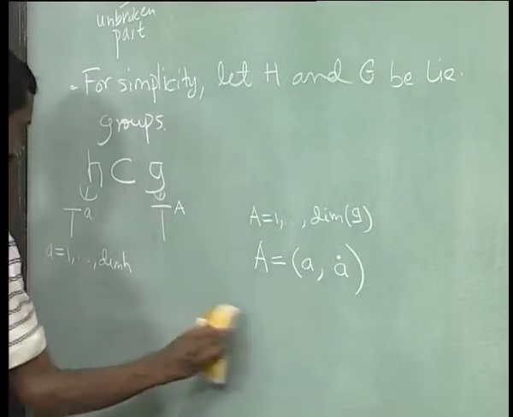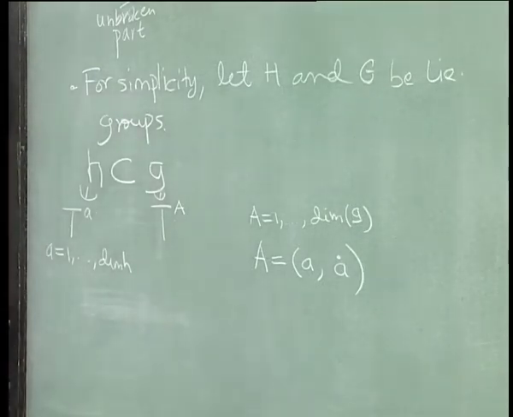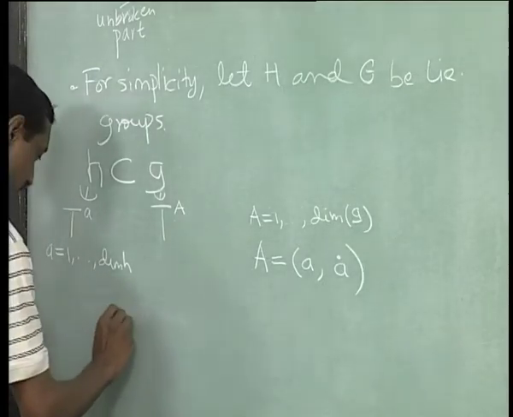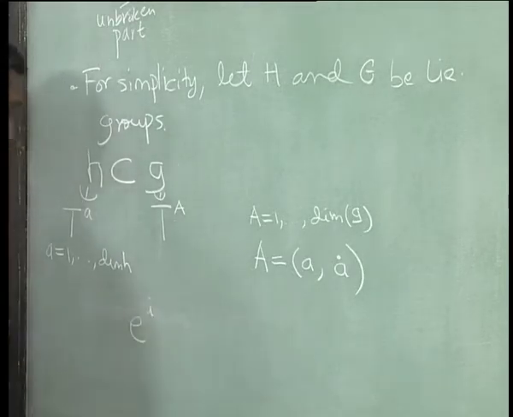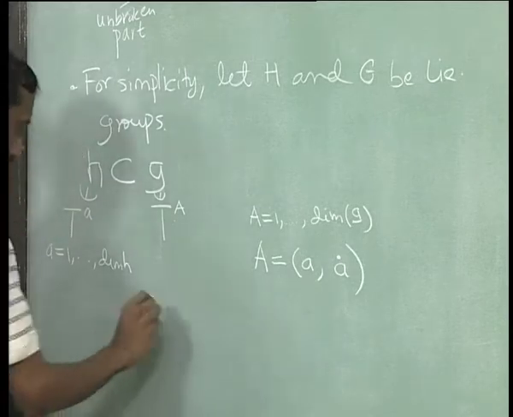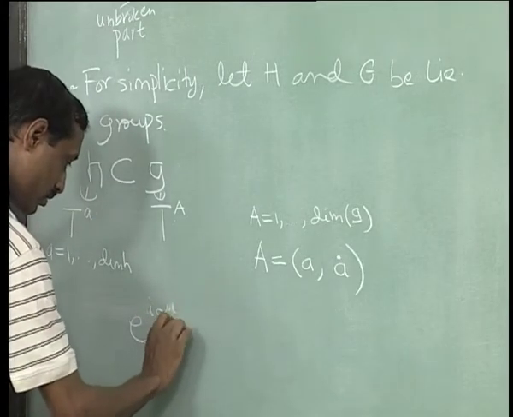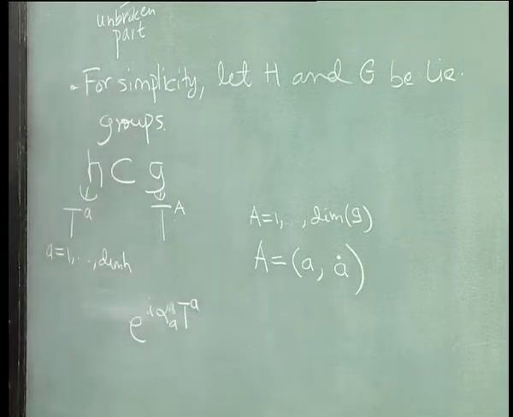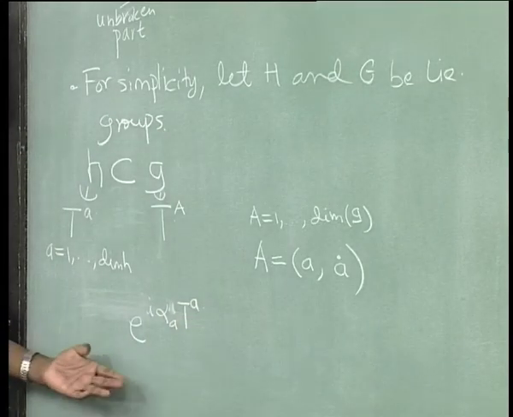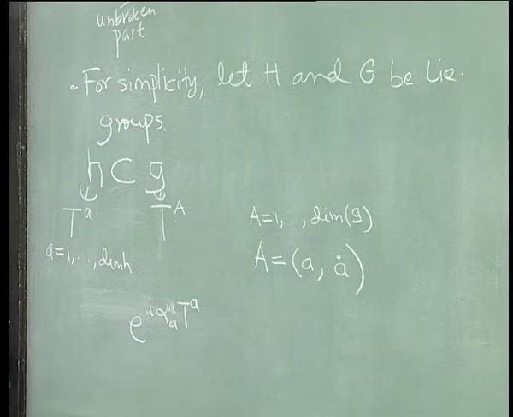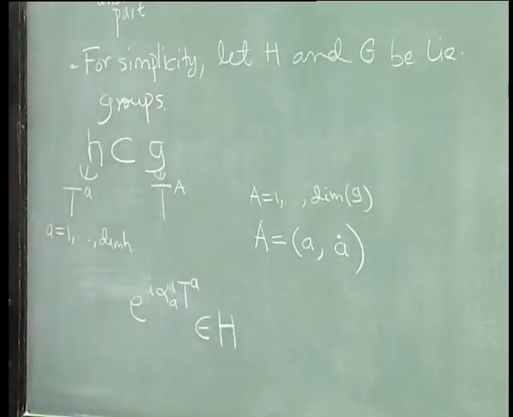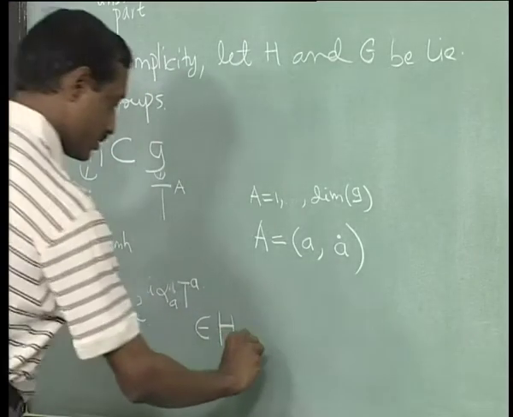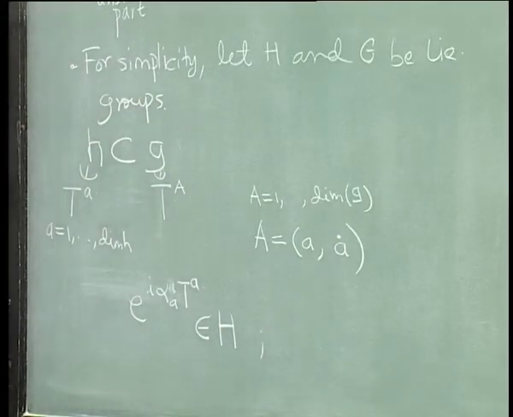So now we can see that a lot of simple things can be done. We can write a group element, an element like this, e power, okay, let me put the i, stick to the physics notation, i alpha a T a. What would this group element be? Where would it belong? It will be in H, okay. And suppose we wanted elements in G mod H, what about elements